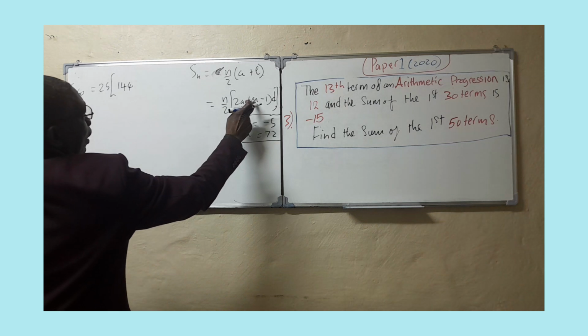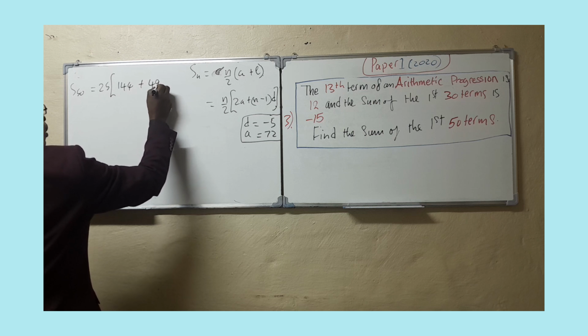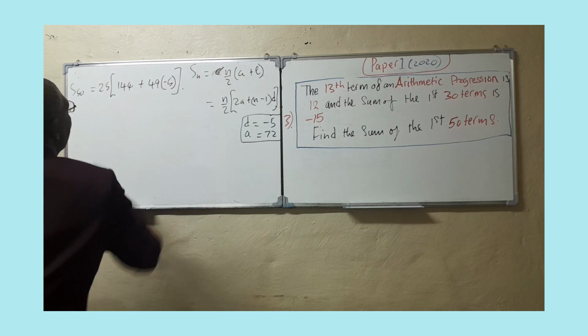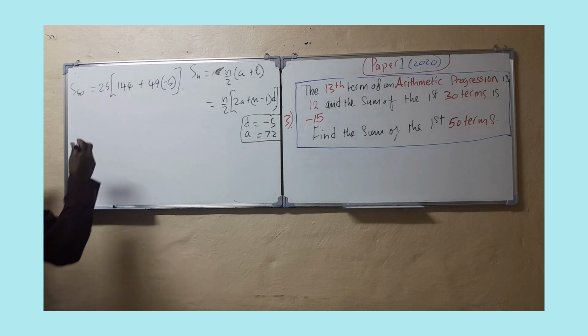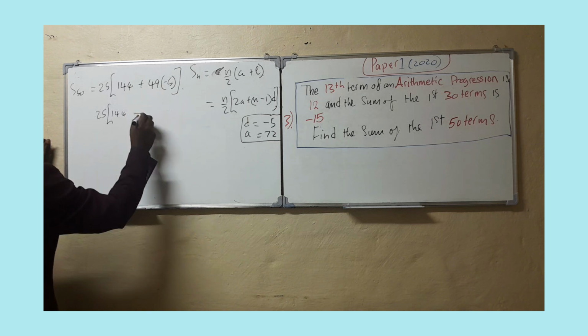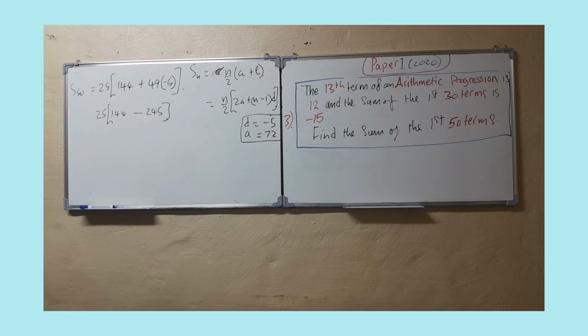Now here we have 50 minus 1, which is plus brackets 49 multiplied by what? d is minus 5, so it's minus 5 there. Then we close our bracket. Let me see what we get there. So this is 49 times 5, which is 245. So we have here 25 multiplied by 144 minus 245. What is that? That gives us